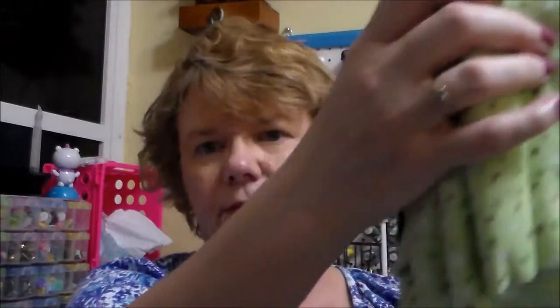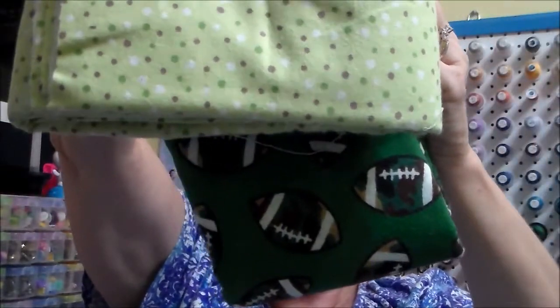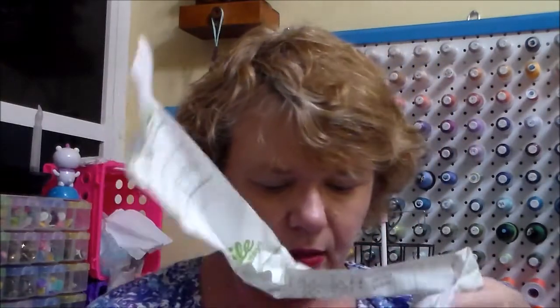I got some more flannel in here. So I got these 2 pieces to go together. Let me put this receipt down. Alright, so these 2 pieces to go together. I thought the brown and the green in here matched really nice with this. Okay, and then